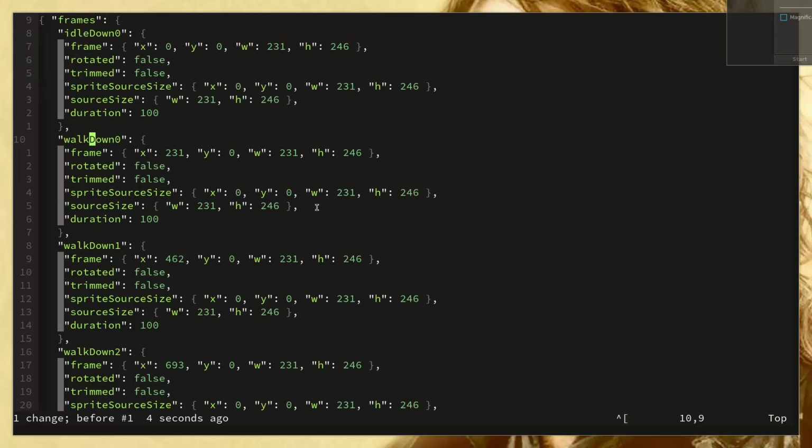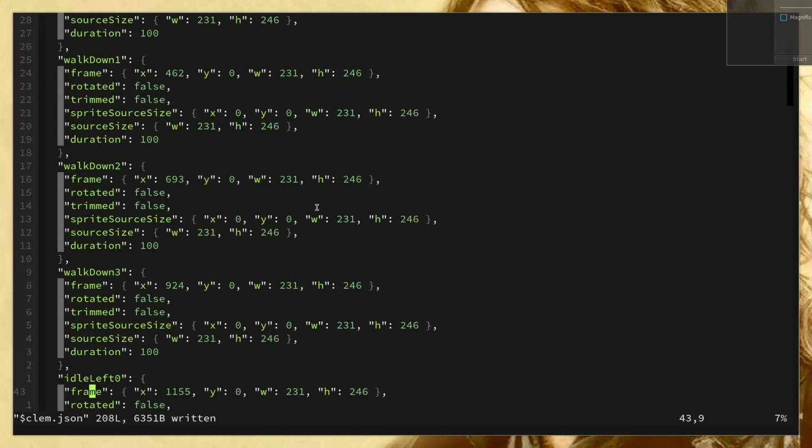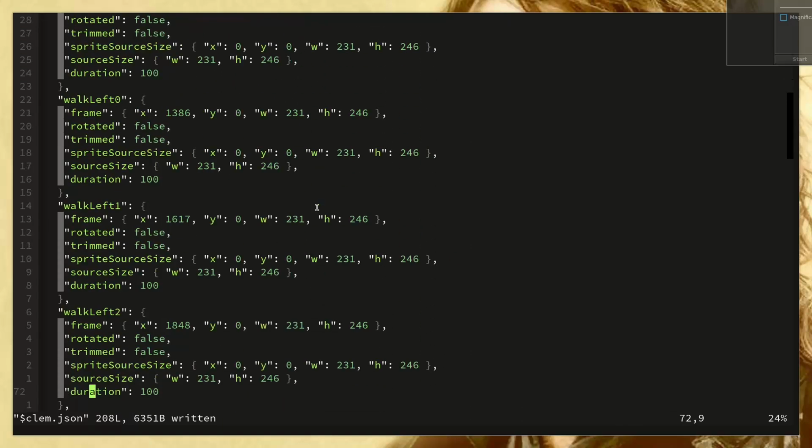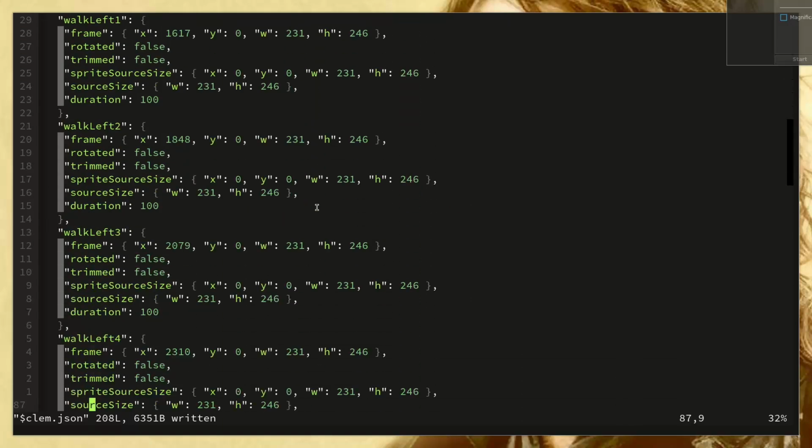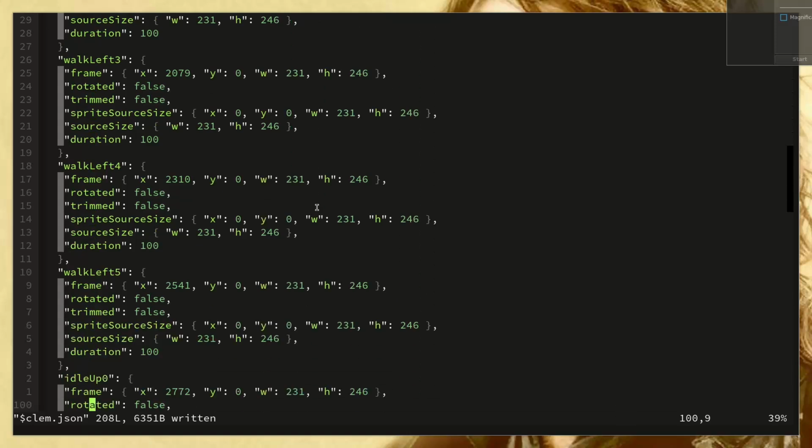For my case, I have a single frame for the idle. So then I go to walk down 0, 1, 2, 3. These 4 frames are for walking downwards, and then I go to idle left, and then walking left, which has 3, 4, 5. So it has 6 frames, and then idle up. This basically just means you need to rename these parts to the order of your sprite sheet accordingly, and the